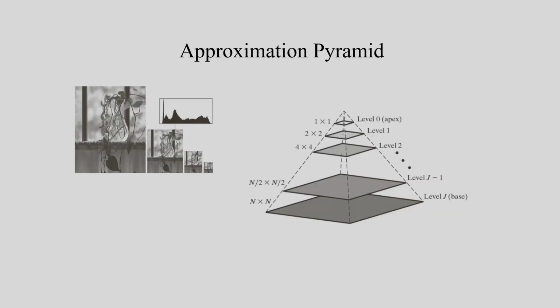That concept I have already explained, and in this case you can see I am considering an approximation pyramid. If I consider the n by n image, that is the highest resolution I am considering. So that is the image. If I go to the top of the pyramid, the next level is n by 2, which is a lower resolution, and the lowest resolution is 1 by 1, that is, 1 pixel. So I am considering different resolutions for multi-resolution analysis. That means I want to analyze a particular signal at different frequencies with different resolutions.